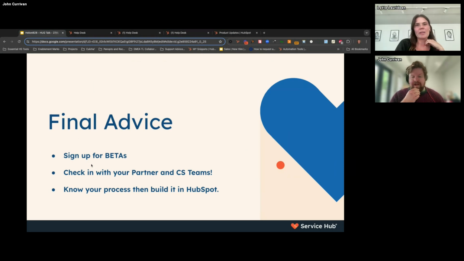Join beta will always be betas that are open for everyone, while request beta will be private betas where you most likely will need to have the right subscription or the right amount of context. It differs what you need to do to meet the criteria to join a private beta. But I think one of the things that are most important to think about when joining betas is that a lot is coming out. You don't need to join them all, but it's a very good idea to join the ones that can actually make some impact for your business and start playing around with it, especially from a service perspective, because you have done so many product releases that have really